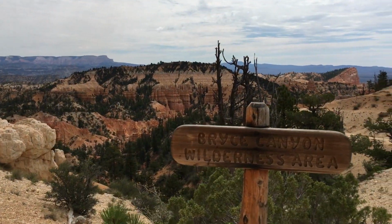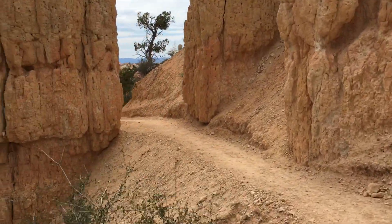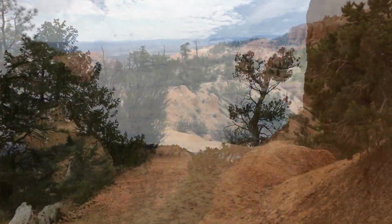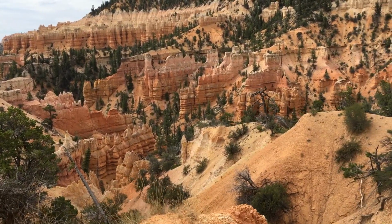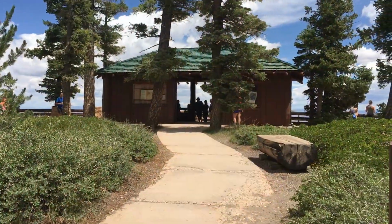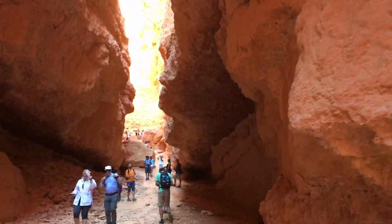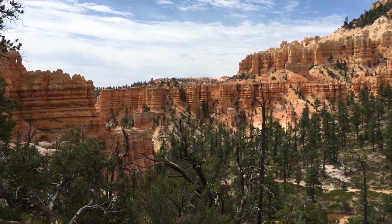When you reach the wilderness, this trail will take you directly alongside steep drop-offs and wind between the hoodoos. As you hike further into the Bryce Canyon wilderness, the trail is nowhere near as populated as the rest of the park. Particularly along the rim, it can get downright crowded here sometimes. Come back for the rest of the series, and I'll show you what to expect from some of the more popular overlooks and trails. It's about 3/4 of a mile down to the floor of the amphitheater, and the entire time